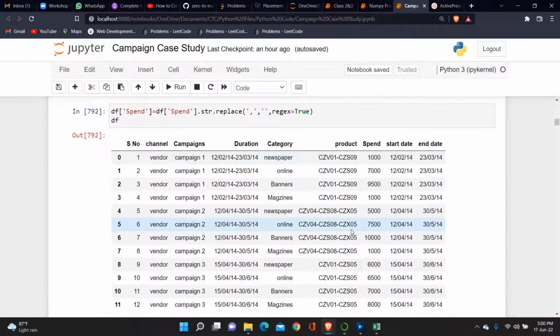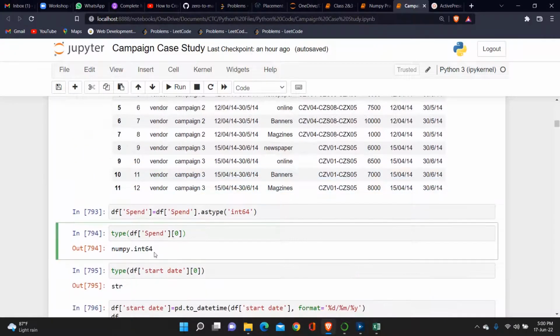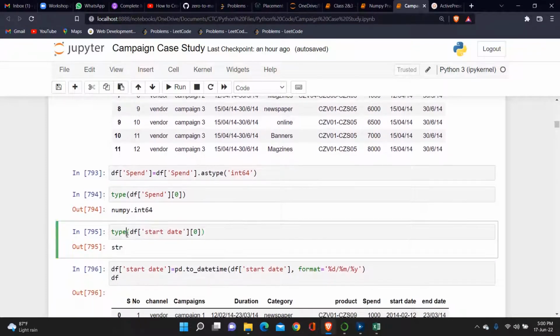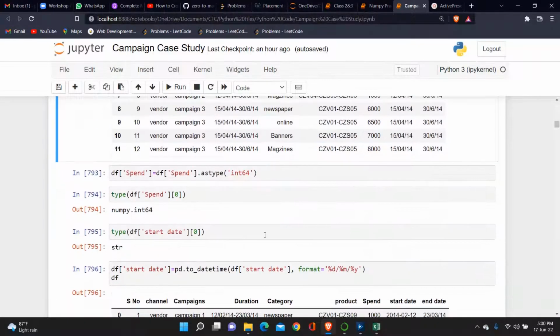Now we have checked this, so now you can see that it is integer 64 type. The spend has converted into integer 64 type after we converted it. Okay, now we will check the type of this. We want a datetime format. So what we do,